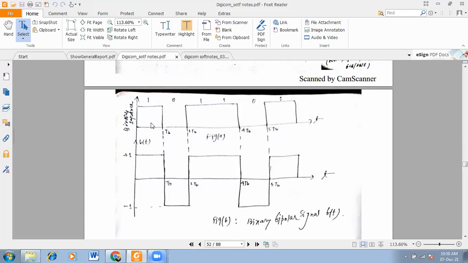Correspondingly, logic 1 is plus 1 volt, and 0 is minus 1 volt. We have converted it. Plus 1, plus 1, so logic 1, logic 1, so plus 1 volt. It is same. 0, that is minus 1 volt. Again, this is logic 1, it's plus 1 volt. So it's a binary bipolar signal, and that is termed as BT. This is BT.